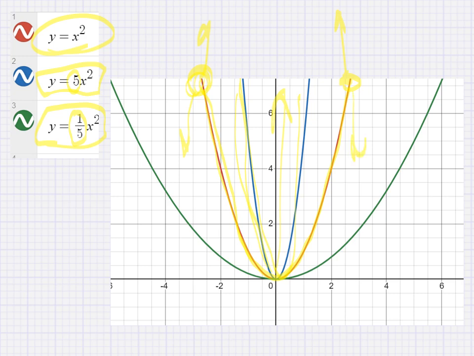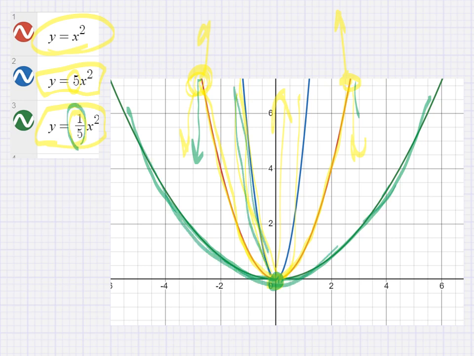But leave this anchored right here, this vertex right here, leave it anchored at 0. Well, if I start pushing these down this way, compressing it down, it's going to widen out this curve, okay? And so I have a much wider parabola when I multiply by a number between 0 and 1. I have a much skinnier parabola when I multiply by a number bigger than 1. And they're changing the shape of the curve. And so that would be your non-rigid transformation. Multiplying by some constant bigger than 1 or between 0 and 1 will stretch or compress it, therefore making it skinnier